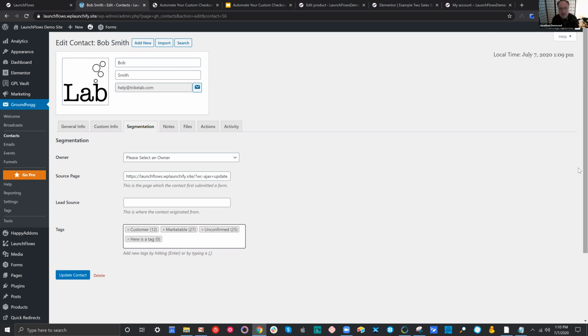So I think just to wrap up, one of the areas that I find slightly confusing is the combination of Groundhog with WPFusion, because obviously Groundhog has its own tagging system, but then